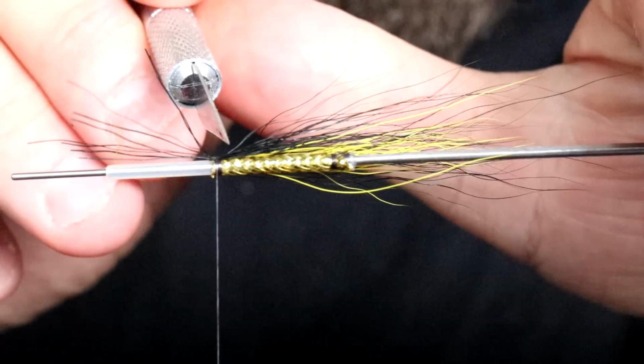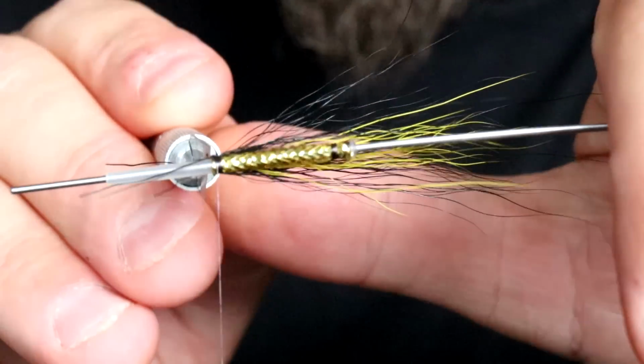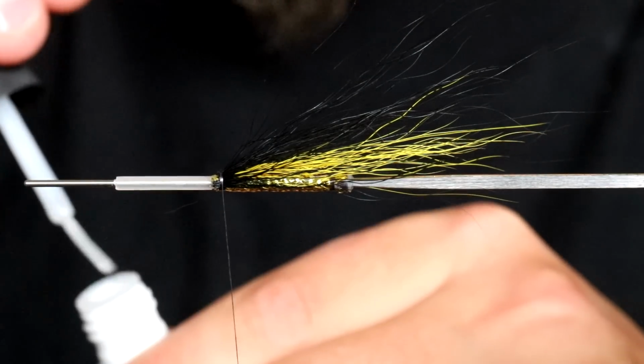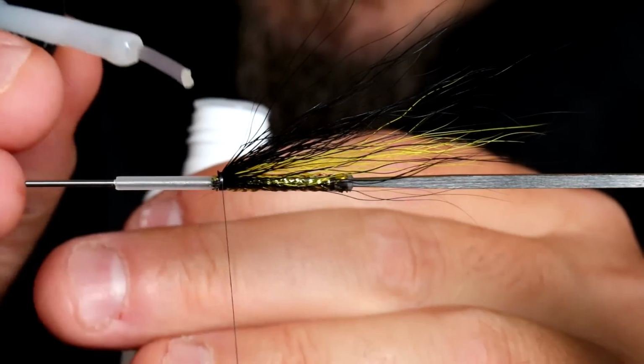The scalpel is a very useful tool to have when cutting off hairs, because it basically cuts through them like a knife through butter, not like butter through a knife. That came out wrong. Like that. Take a bit more super glue to ensure that the bucktail stays there,